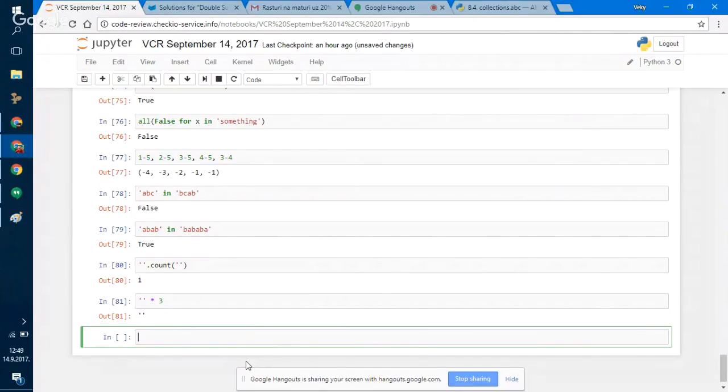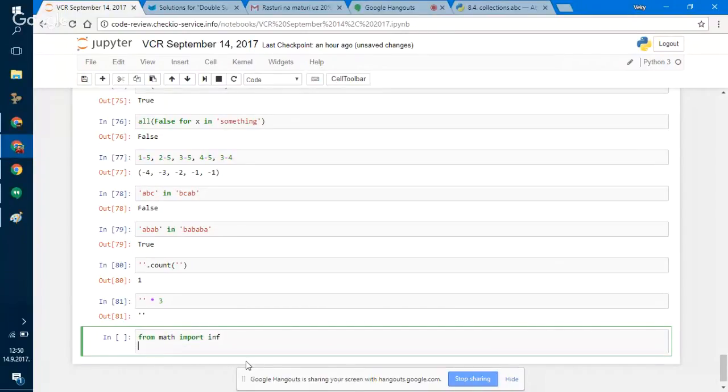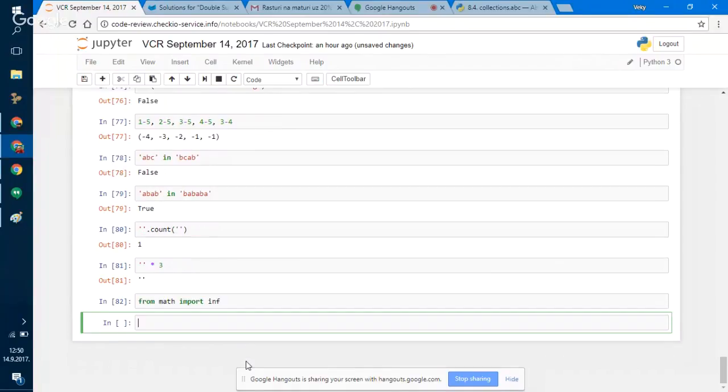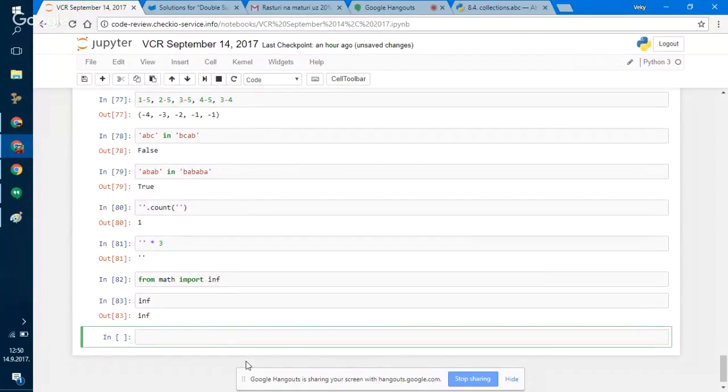For example, you could argue that the answer is 0 because really there is nothing inside an empty string, so there is not even an empty string there. That's interesting. Or infinity. Python has infinity without problem, so you can say that this is the answer. But I think the clearest would be just to raise a value error, because if you're trying to count some substring in a string,